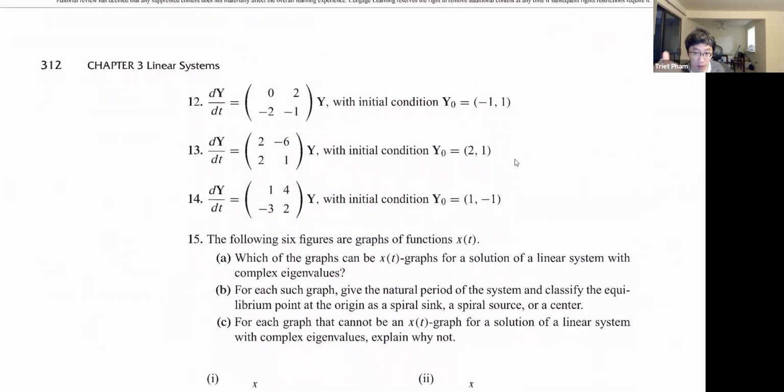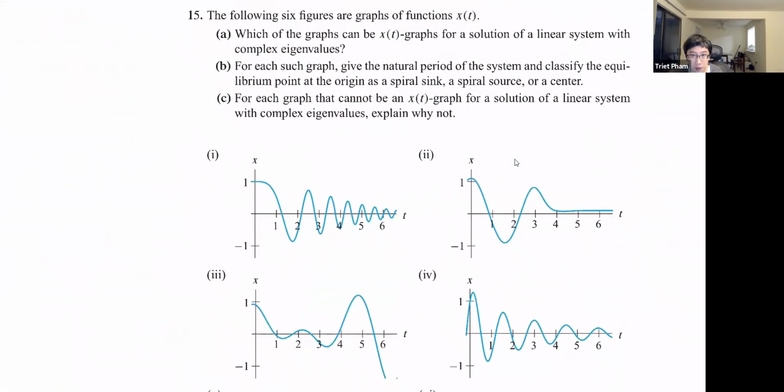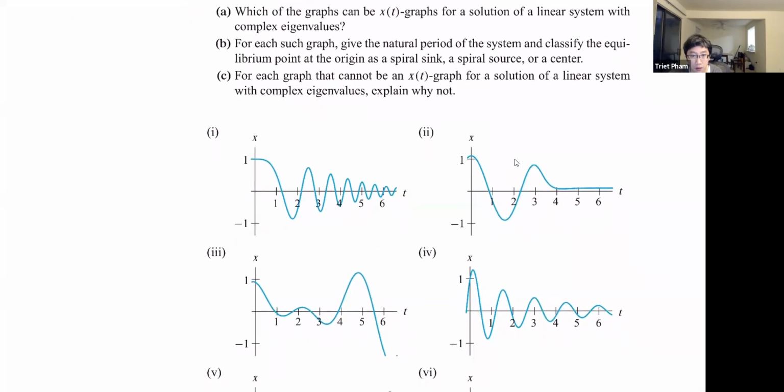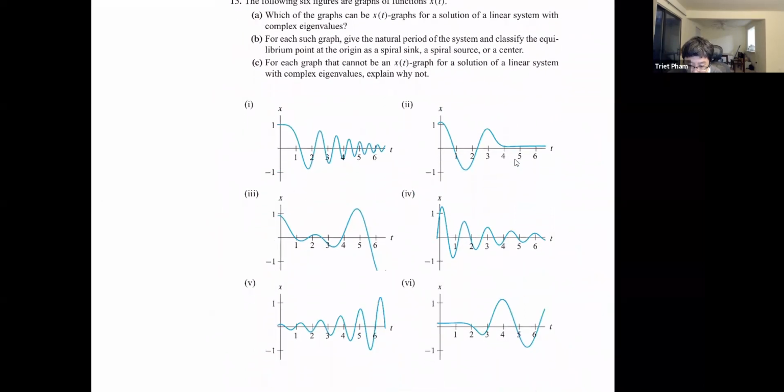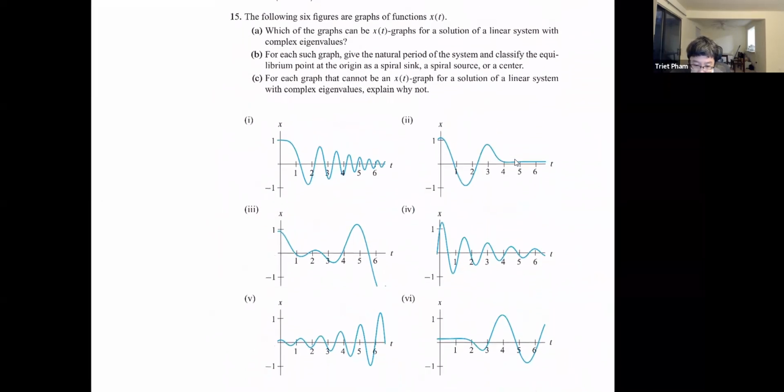So I think there's this fun question to look at. Right here, this question. Okay, number 15. So 15 is not something that we care so much about because we always draw the phase curve. So we draw x versus y. But the book does like to talk about how the x solution can be graphed separately. This is like the marginal graph. And they asked,